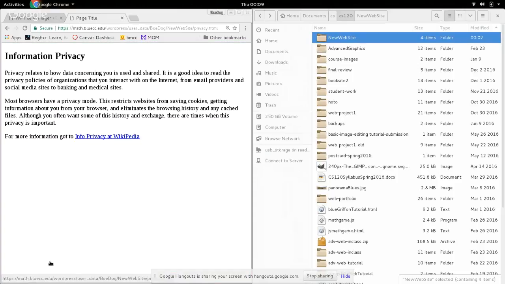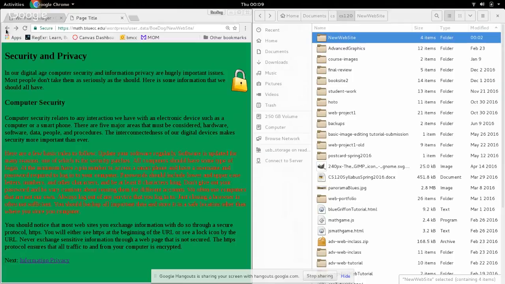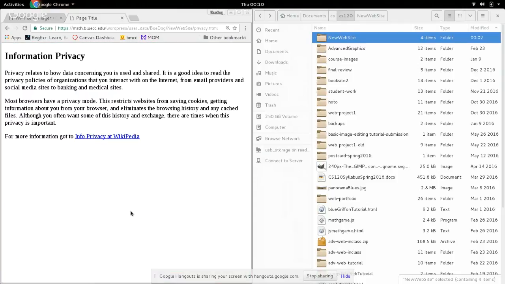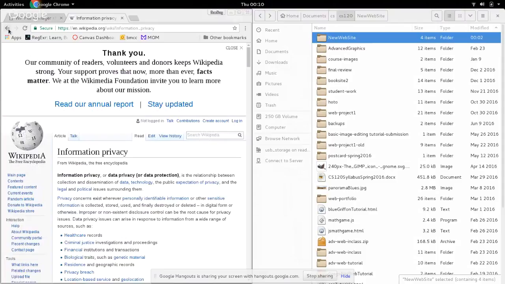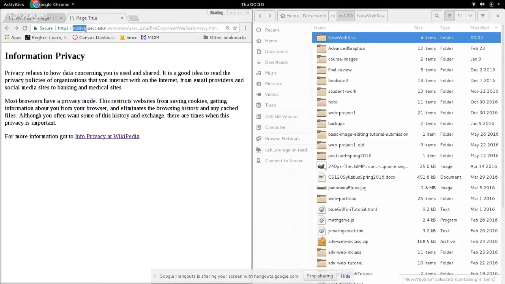Sometimes, however, a page is referenced like privacy.html, in which case it'll load that page. So I've got my index page mostly marked up with a little bit of color. My privacy page still needs a bunch of work. I'm not quite done with this project. I have a link that takes me out. And all of those are located live on the internet at math.bluecc.edu/wordpress/user_data